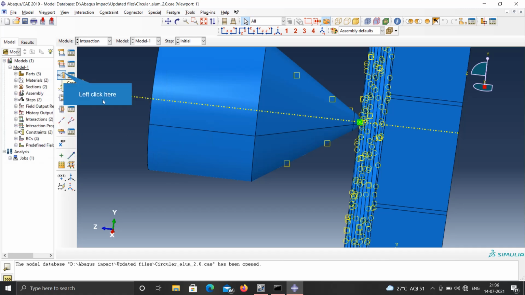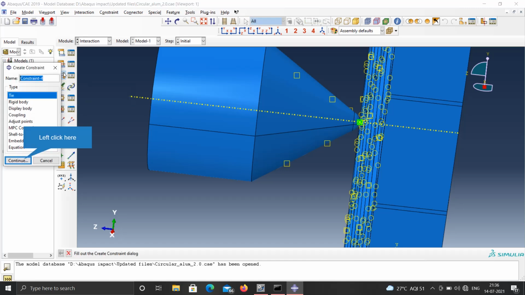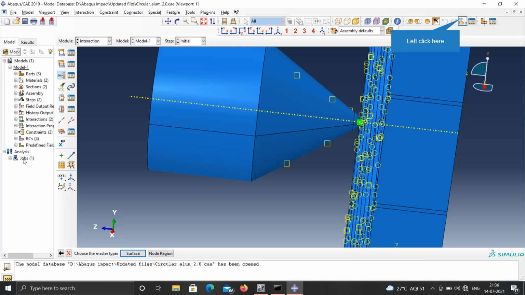Now further you have to tie the front and rear plates to the honeycomb, like weld it properly so that it doesn't distort and you get the required results. So you have to select the tie constraint. Now continue. You have to select the master type, master surface. So in this one you have to select the